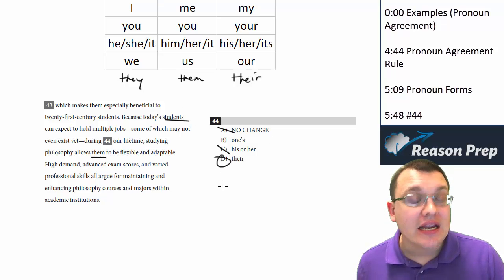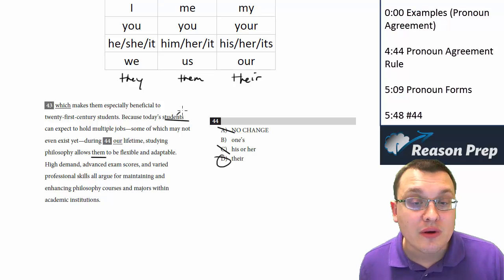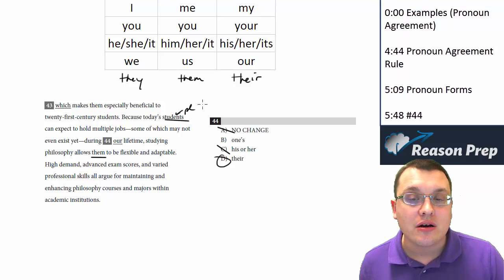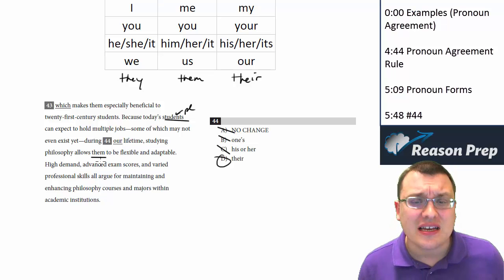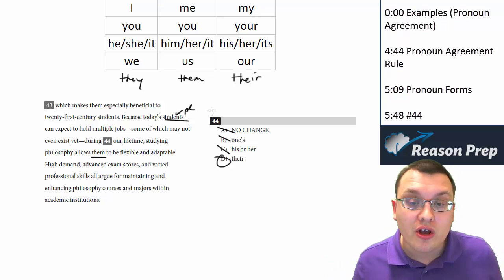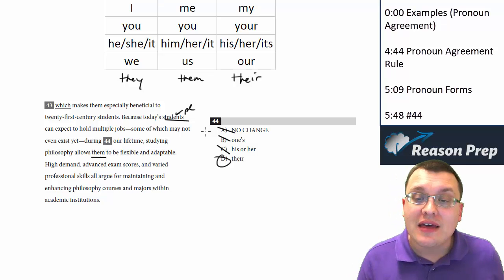Not A, not C, because C is the singular version, and we've got the plural noun here, not the singular. And then "ones" is never correct, at least in this context, when we're referring to a group. So we would get rid of choice B, and the answer to this one would be